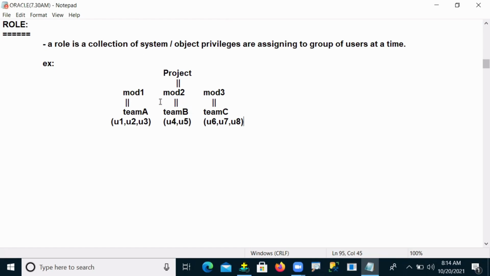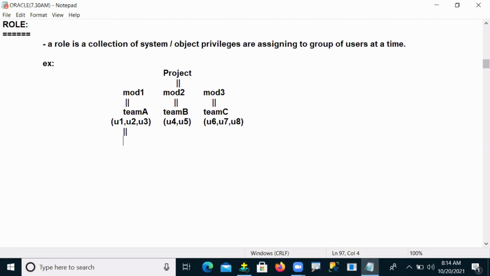Then after that, when they are going to start working, that means at the working level, suppose team A has user 1, user 2, and user 3. This is the group of people here. Suppose this group of people wants the same privilege.